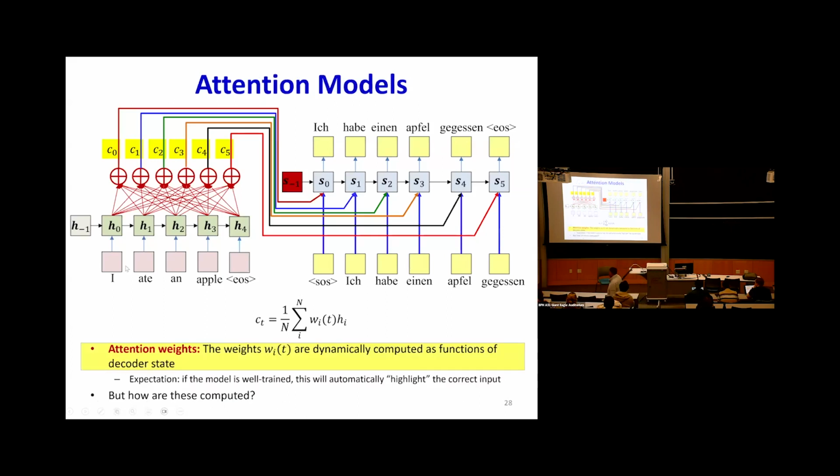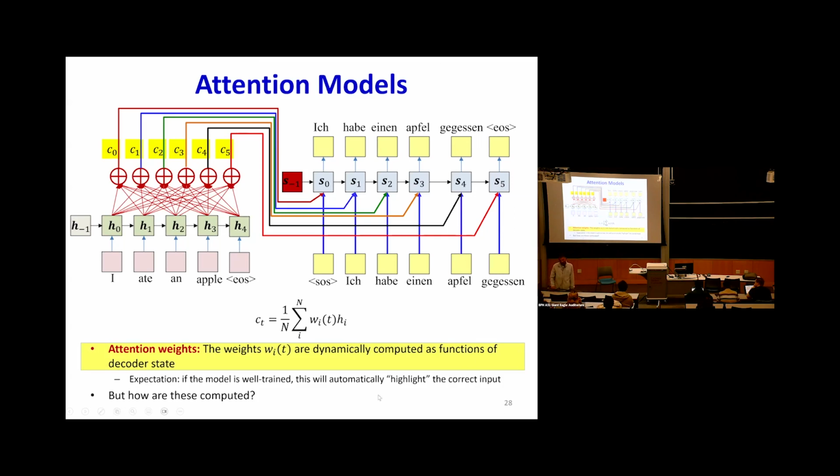Now, these weights are what we call attention weights. So when you compute a weighted sum of the representations on the input side, the weights are figuring out which portion of the input must be attended to in generating any particular output. So here, for example, when I'm generating "ich", the weights must somehow tell my model that "I" is more important